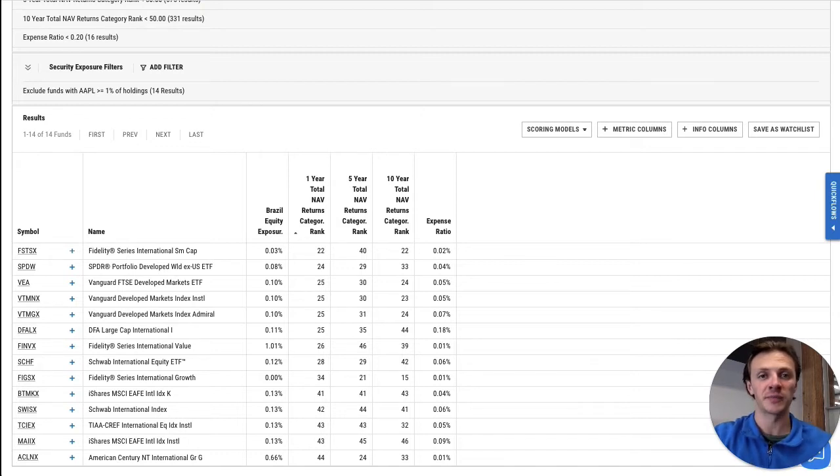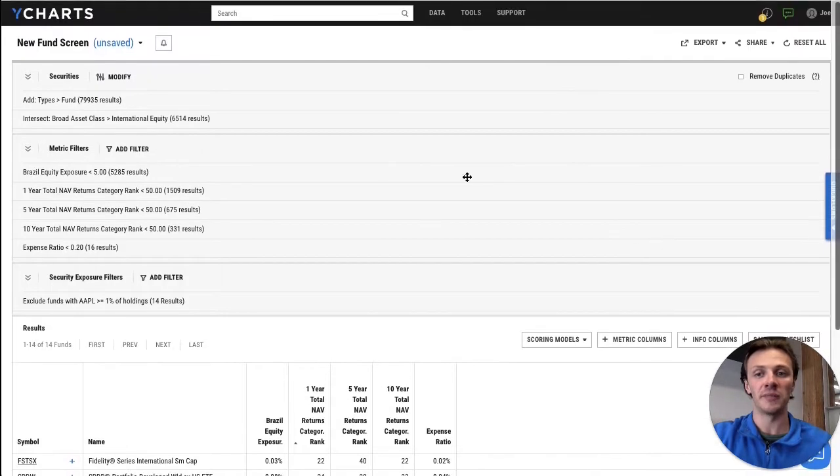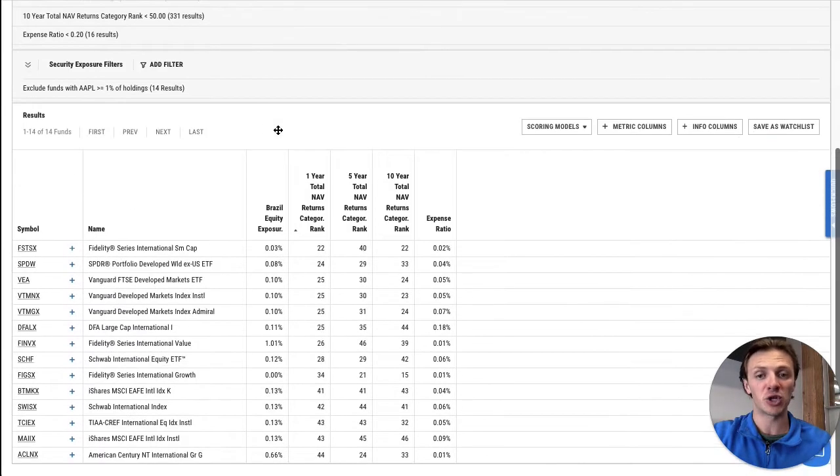YCharts Fund Screener. There are a lot of investment choices out there in the US alone. And when you step outside to the rest of the world, that list becomes multitudes larger. Well, fear not, because for today, I'm going to show you how to make that list a little bit more digestible, narrowing down our fund screener, which contains 80,000 unique funds, and make it into a very manageable list of